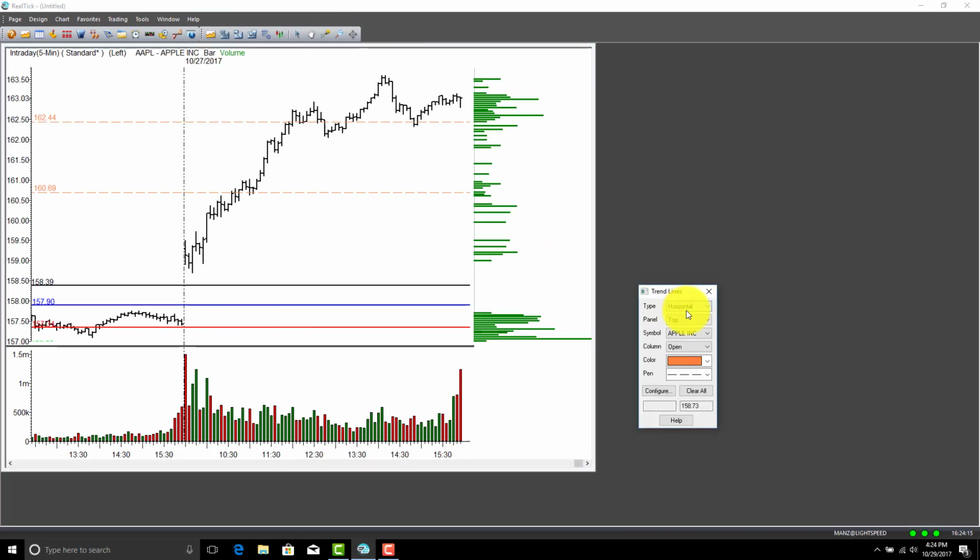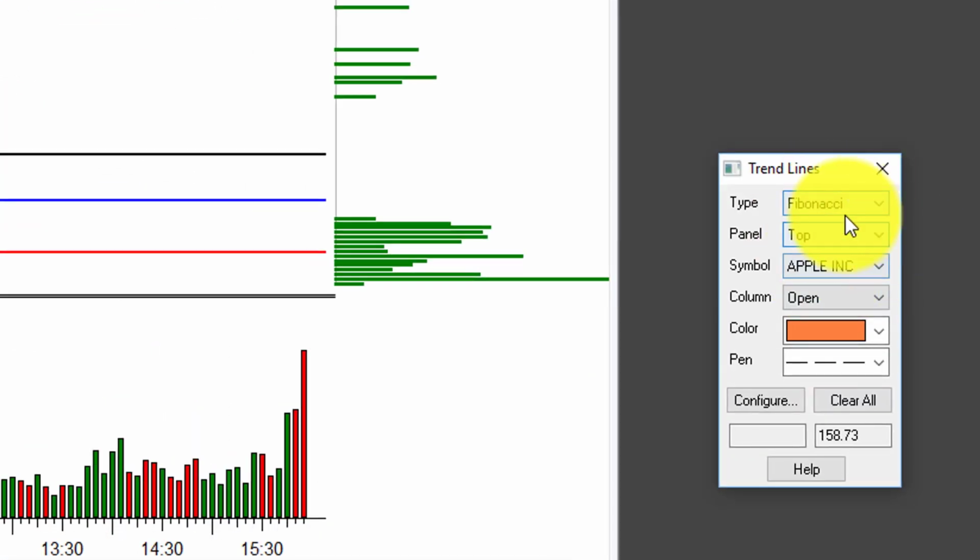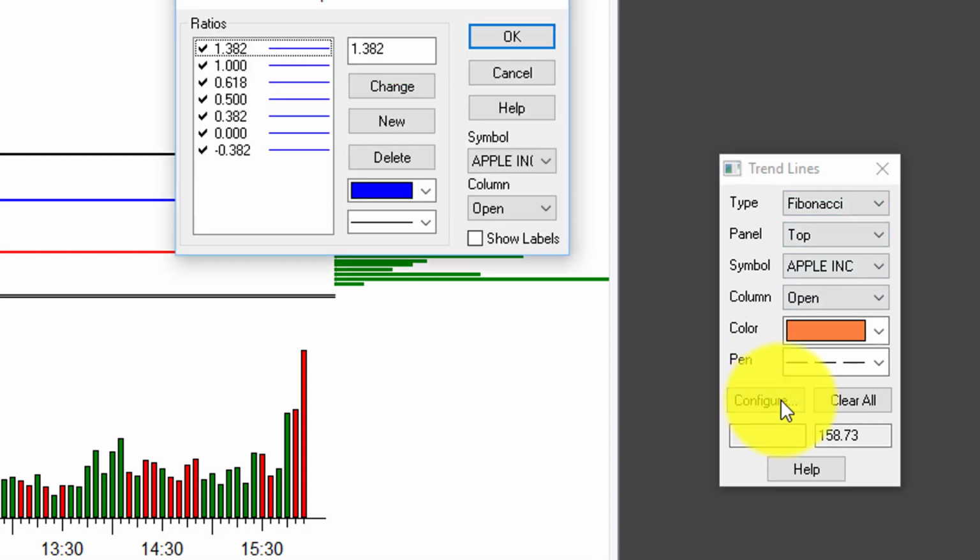If I want to get rid of all the studies on the chart, I go back to my trend line tool and click clear all. And this is also where I'm going to find things like Fibonacci studies, volume weighted average price studies, and I can do things like format the defaults for all of these by selecting the particular study that I'm interested in, in this case Fibonacci, clicking on configure, and then you see here that I have the 1.382, the 1, the 0.618,